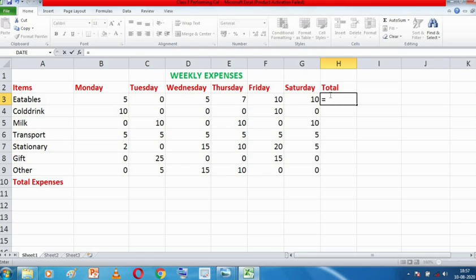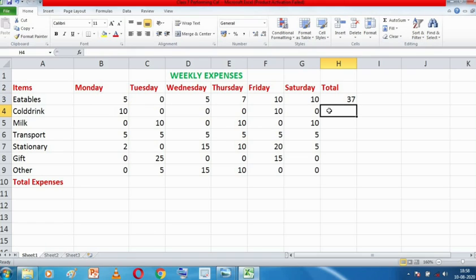So equal to, then first B3, this cell, plus this cell plus this cell plus this cell plus this cell plus this cell, all the cells from B3 to G3, and then I will hit the Enter button. See, as soon as I hit Enter, the total is displayed in H3. This is how we use the formula.